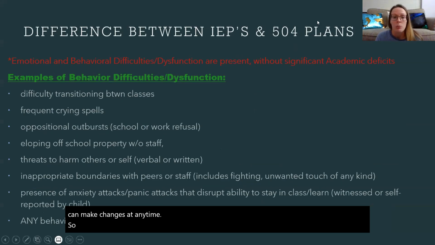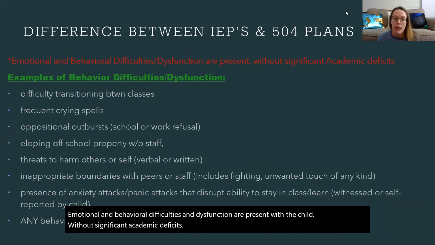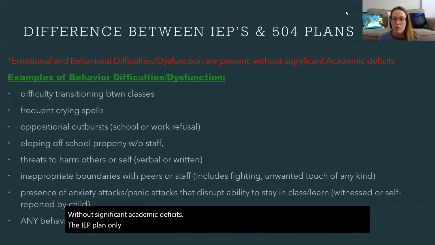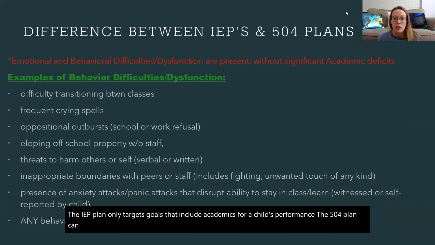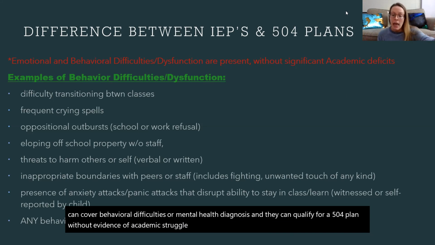So I know I already said it a little bit, but the main difference between IEPs and 504 plans, the big one, is that emotional and behavioral difficulties and dysfunction are present with the child without significant academic deficits. The IEP plan only targets goals that include academics for a child's performance. The 504 plan can cover behavioral difficulties or mental health diagnoses. And they can qualify for a 504 plan without evidence of academic struggle if they are displaying any of these